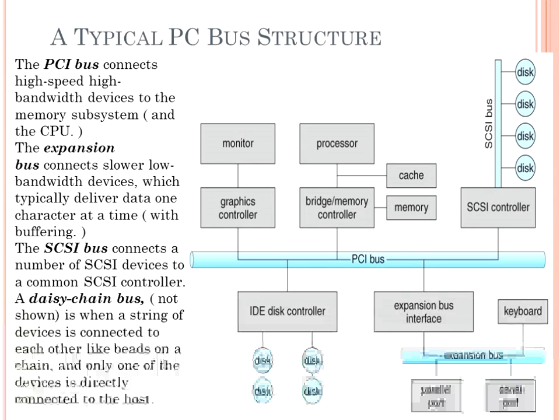So here's a typical PC bus structure. As we know, the bus is how the information or data is transmitted throughout your computer. There's buses on your motherboard, and this is like a route for the electricity to flow. And we have various buses here, and that typically is how the information is sent out by the operating system to go to its desired location or to get information from.